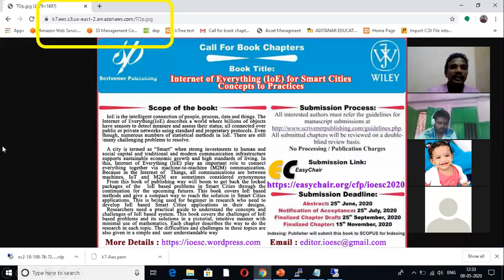Just a public link, k7aws.s3. S3 storage provides anything and everything as a service in a fraction of a second, without loss, without your file being hacked. The file is securely stored, replicated into multiple places, and provided as a service. So the first service is called EC2, Elastic Cloud 2, which provides compute as a service.